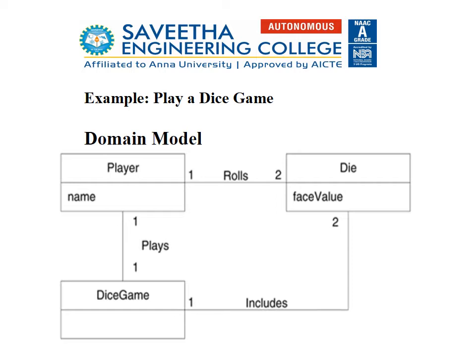The player rolls the die, so hence the association is rolls. Right, now the dice game represents which player wins the game, whereas the die and dice game are connected with the includes operator. It means that this dice game is going to add the face value. Once the player gets the face value as 7, the dice game is going to announce that the corresponding player won the game. So the associations are represented in the domain model. Now again I reiterate, the domain model is not an exact class diagram. It is the conceptual class diagram.